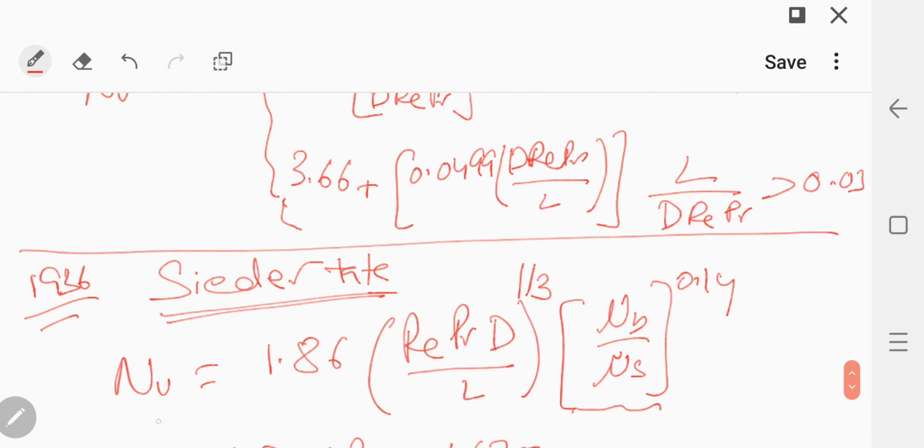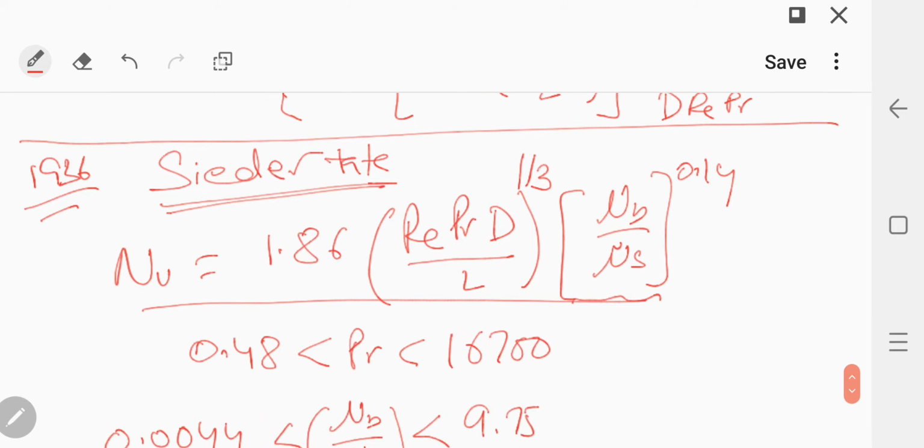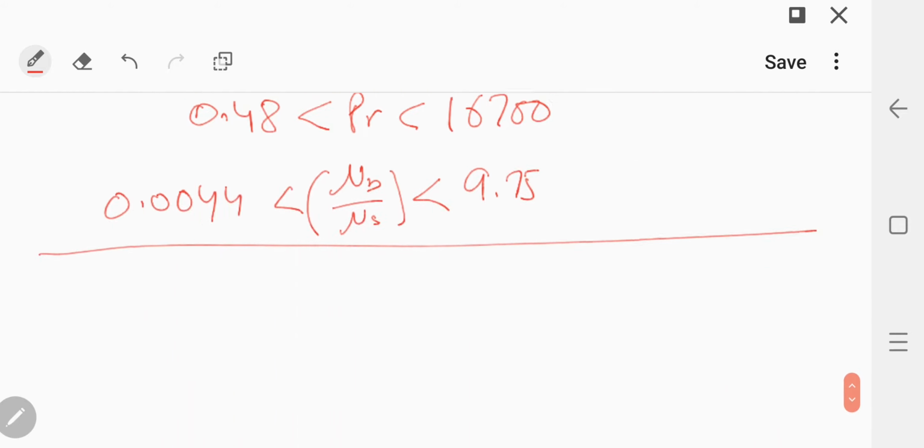It's a very well known equation for laminar flow, for both constant heat flux as well as constant wall temperature conditions. The results are basically approximately the same, plus minus 25%. Either you can use it in constant wall temperature conditions, or you can use it in constant heat flux conditions. Then in